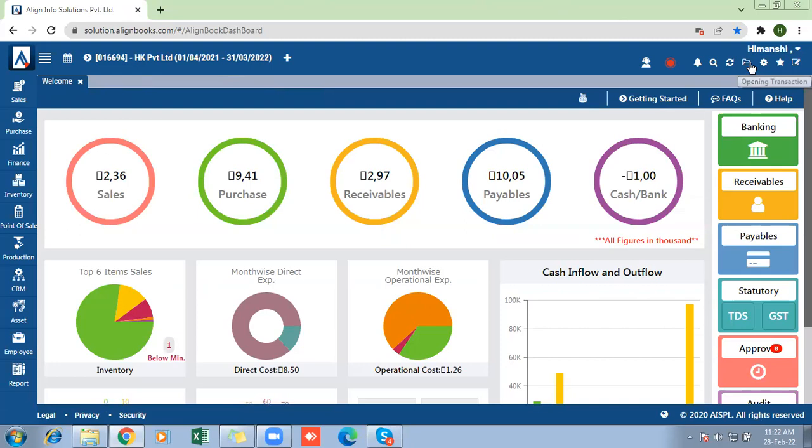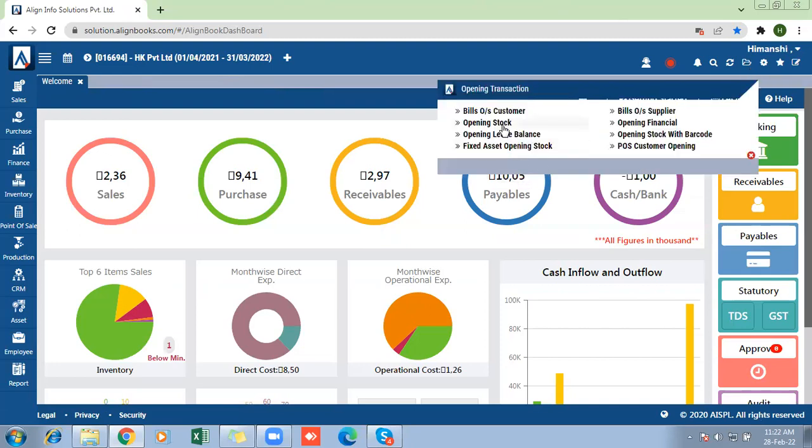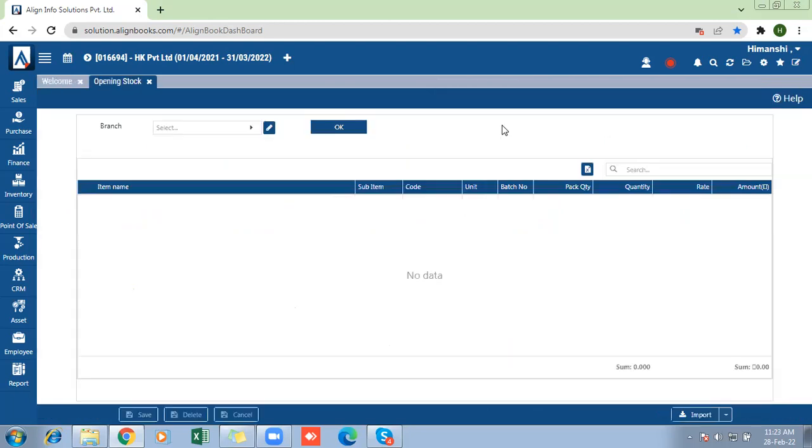This is the opening transaction button. You need to click on opening stock. So first of all, we will start with opening stock. Those who want to put in their opening stock data, if they have some stock which is left, can do that with the opening stock button. Beside this import,